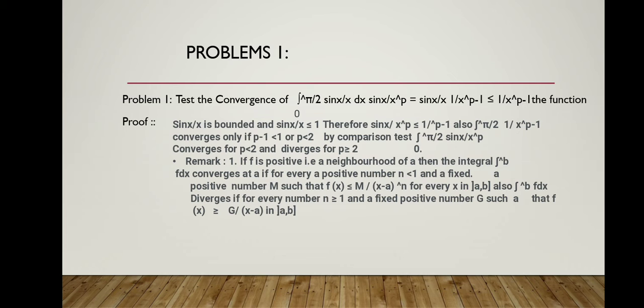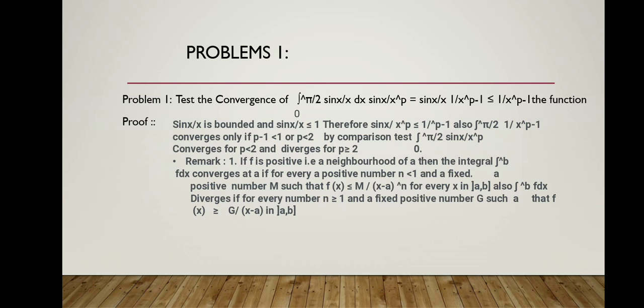1 by x raised to p minus 1 is less than or equal to 1 by x raised to p minus 1. Proof: the function sin x by x is bounded and sin x by x is less than or equal to 1. Therefore, sin x by x raised to p is less than or equal to 1 by x raised to p minus 1. Also, integration of 1 by x raised to p minus 1 between limit 0 to pi by 2